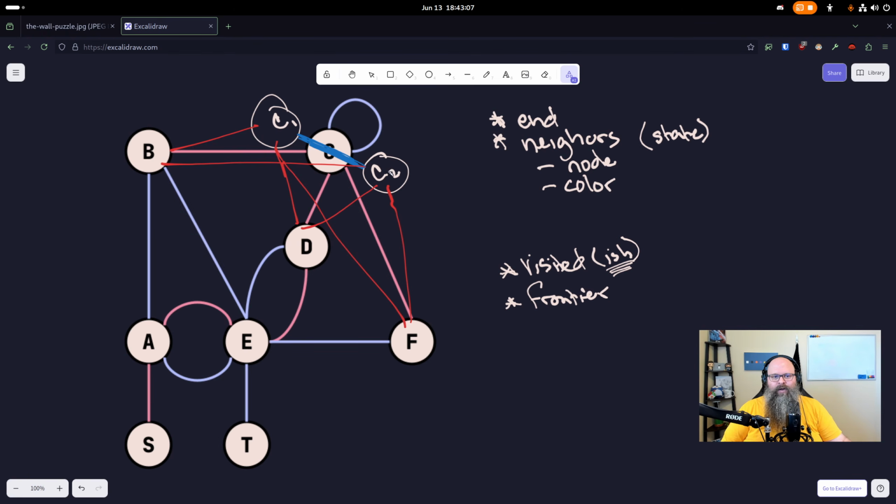And we would also never go from here to here to here to here to here, because this C1 has already been visited by a red path via this way, right? So we just wouldn't visit that node again. And that's what this neighbors thing, using multiple values for the state, kind of does. And again,